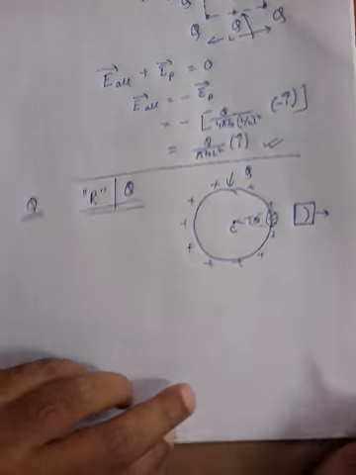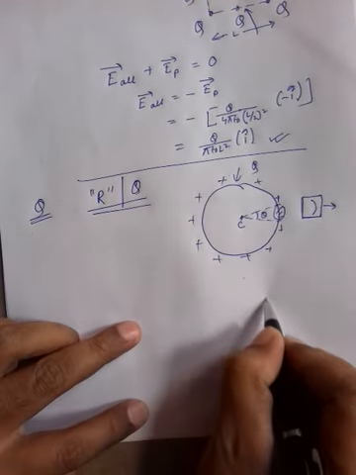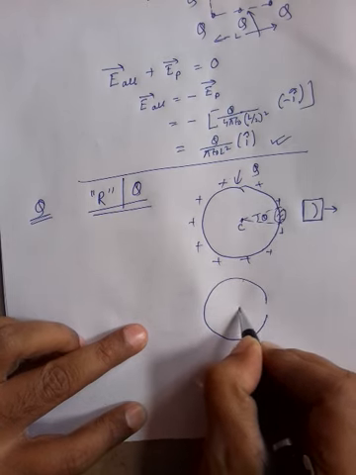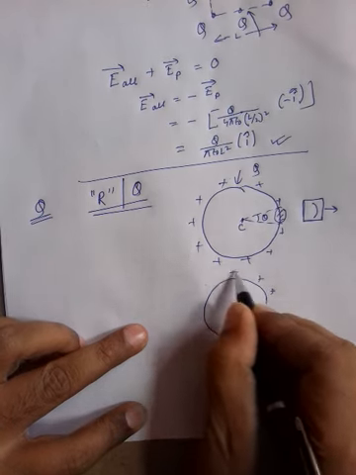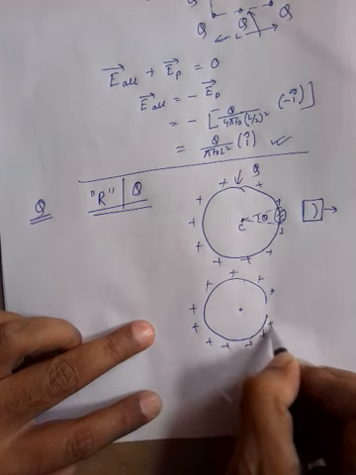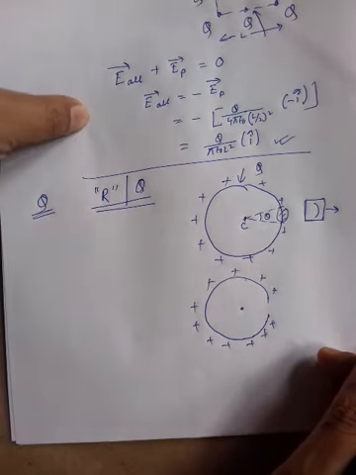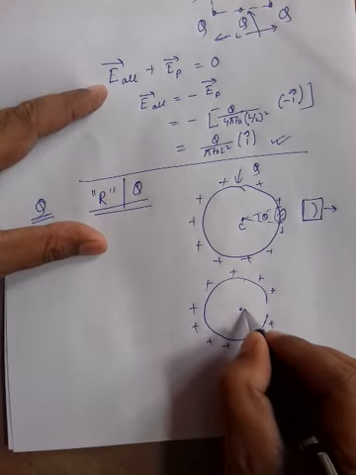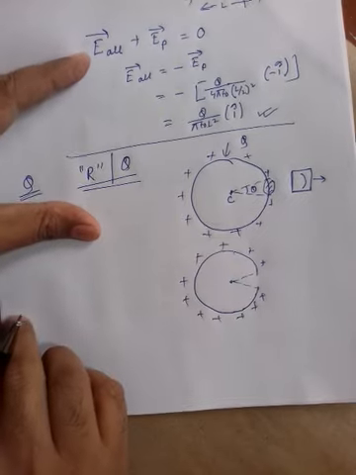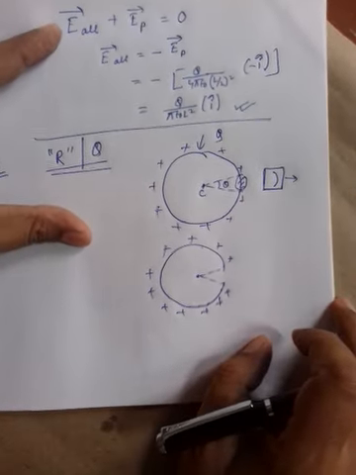So the whole question is this: the remaining, if you draw, it is like this. One portion is cut and removed. So you have to find the field because of this remaining part. The remaining is a clearly unsymmetrical kind of object. It is not a ring. Clear? Some portion is missing from it. So to calculate the field at this point, a long mathematical calculation is required. But this can be done easily.